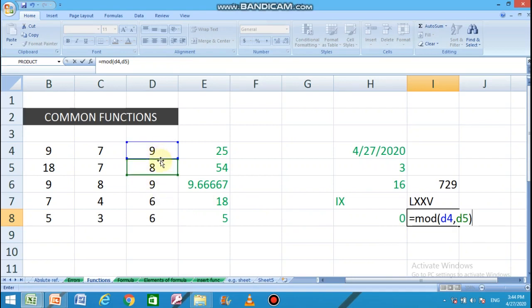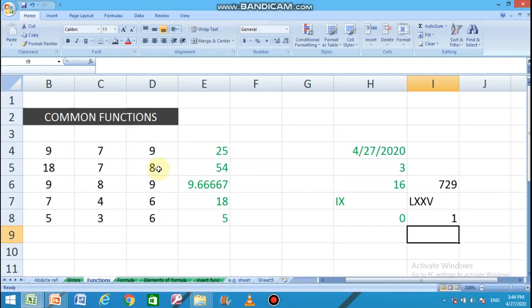So when 9 will be divided by 8, the remainder will be 1. So students, in this way you can apply various functions to find out the calculations and results in a very faster way. I hope you have understood all the functions very clearly.